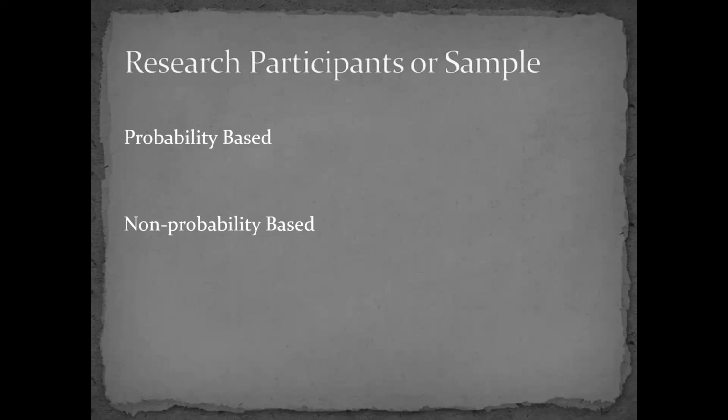Now we'll move on to research participants, or sample. A sample is nothing but those who are participating in our research. The people who are participating in our research are called the sample. In my study, the Bommalattam was conducted with first year B.Ed students. In many studies, if you are a teacher of primary school children and you conduct a study on 4th standard students, your sample is 4th standard students. When you select a sample, you have to follow a technique. One is a probability based technique, the other a non-probability based technique.